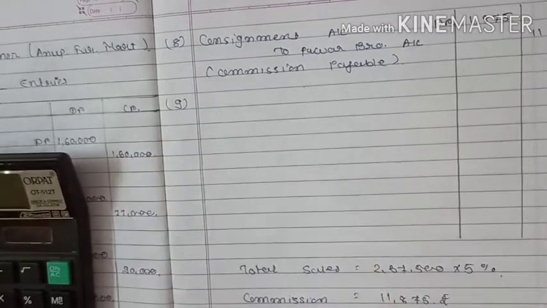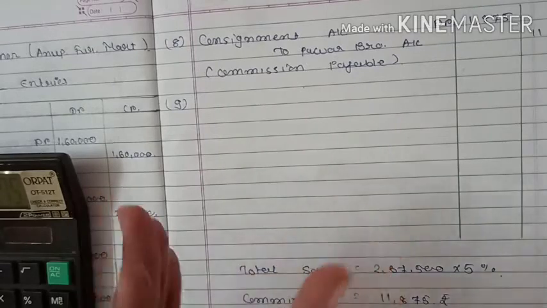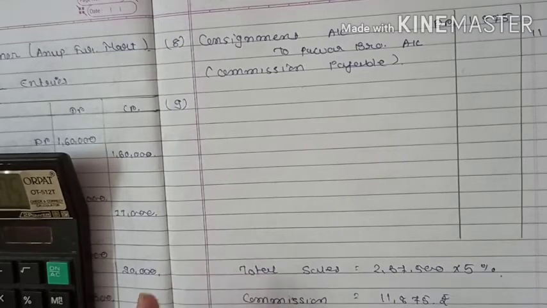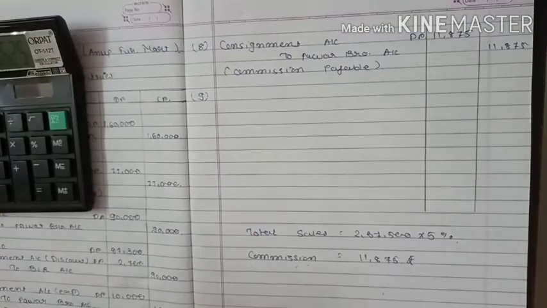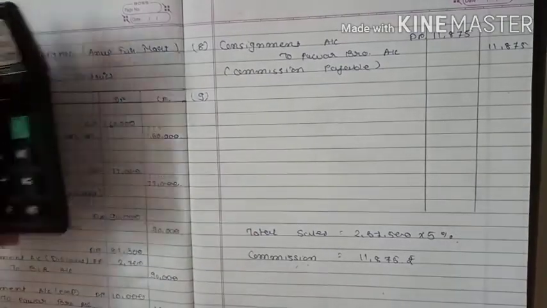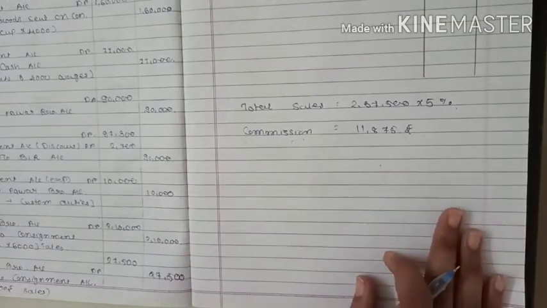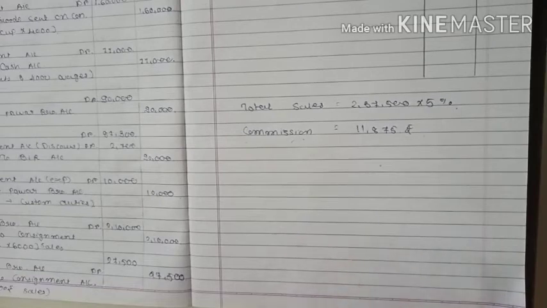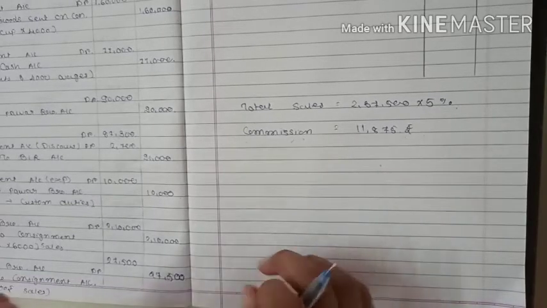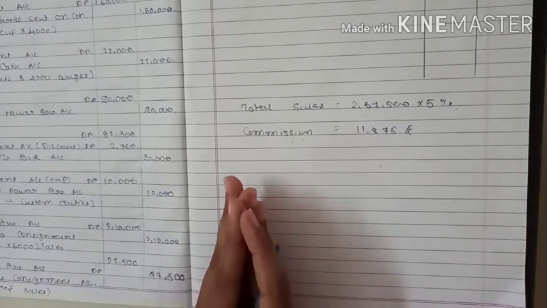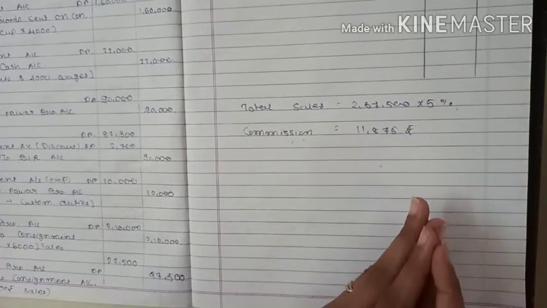Now, at the end of the 3 months, the settlement amount is received from the consignee. So how can we find out the settlement amount? If we are preparing an account, on the basis of that we can easily find out that amount. So I will give both explanations: if we are not preparing the account, how we will find it, and if we are preparing the account, how we can find it.